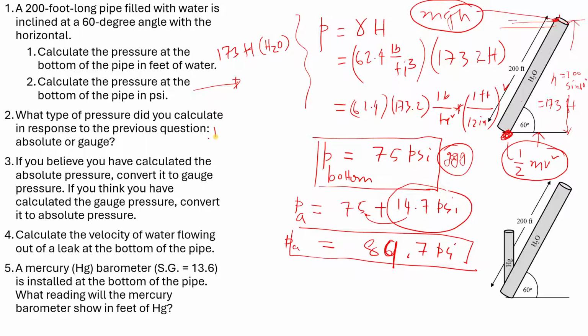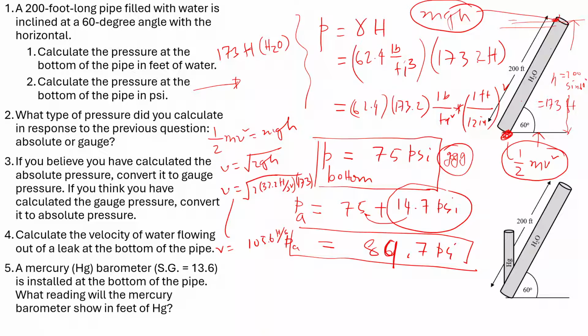So if you simply set that equation, half mv square is equal to mgh, so mass will cancel from either side, so v will be equal to square root of 2gh, and simply you plug the numbers here. g is 32.2 foot per second square, h is 173. Then the velocity I calculated, v is equal to